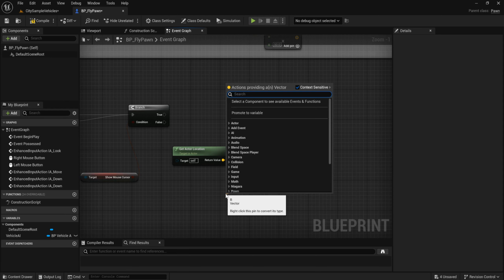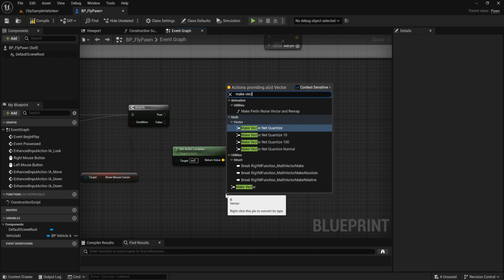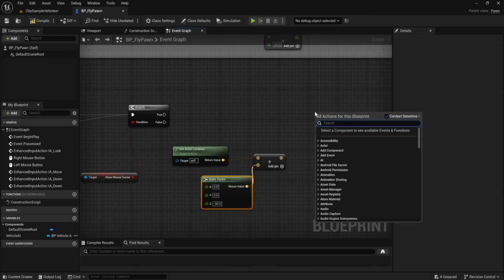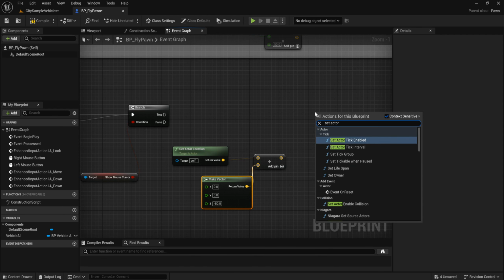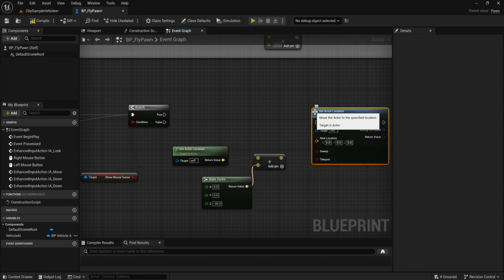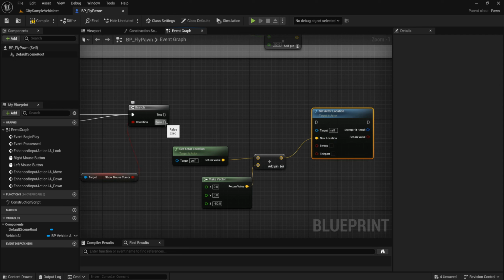Then we make vector, x 0, y 0 and z is minus 50. Set actor location. Need the new location. And when it's false,